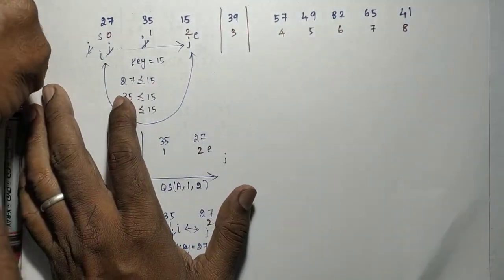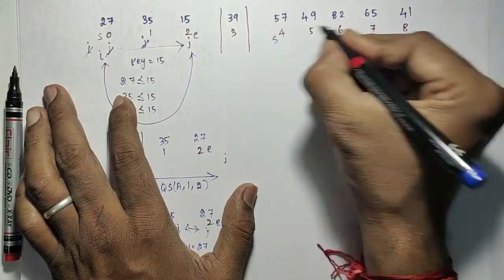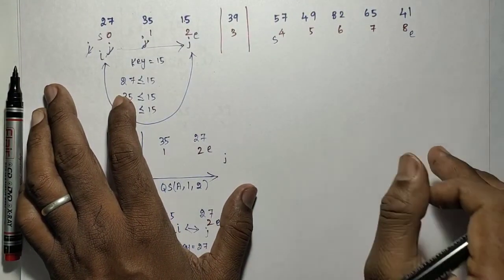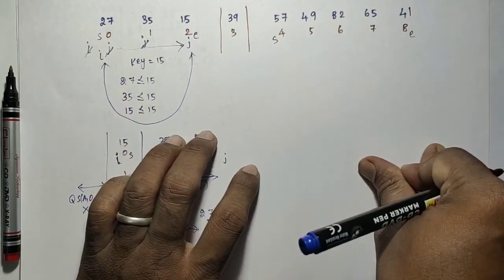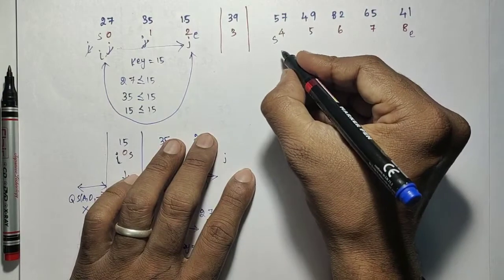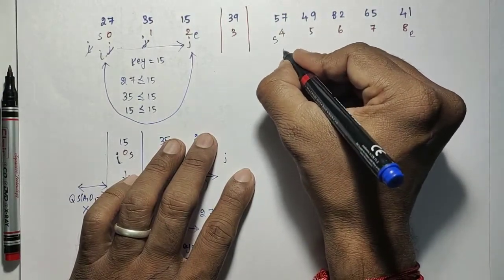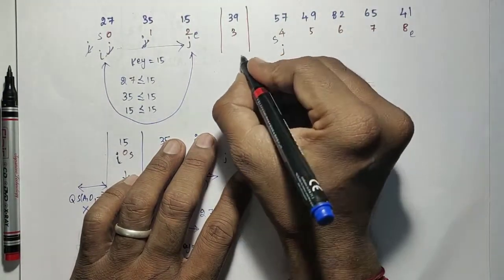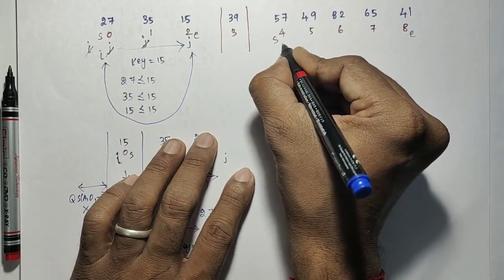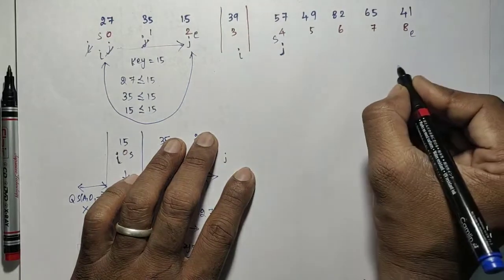Okay, so now here it is considered as S and here it is considered as E. For this input, this is the S and this is the E. So in the quick sort, the first step is applying the partition. Partition means here this is the J and this is the I. The third one is, I will be S minus 1. So this is the I.